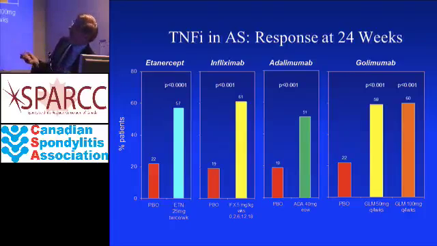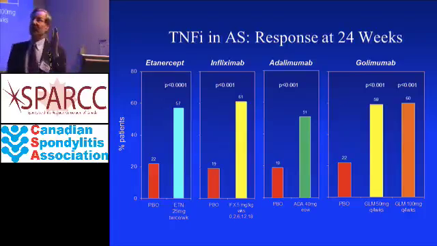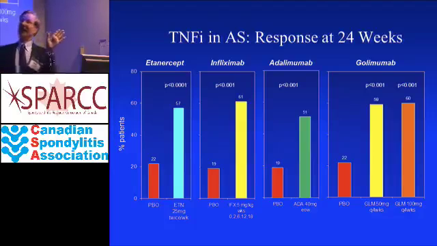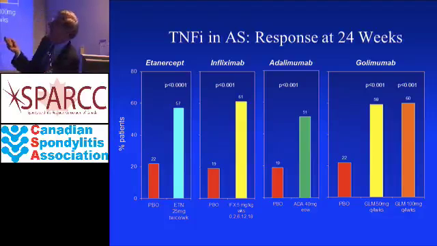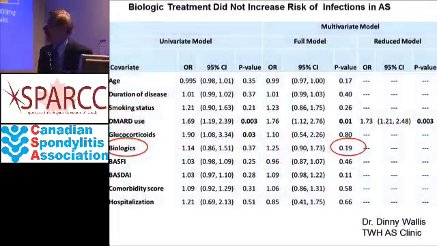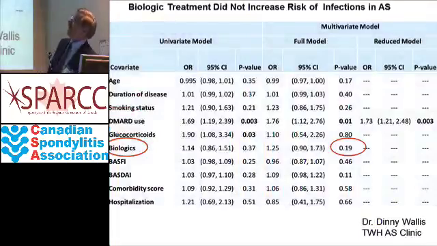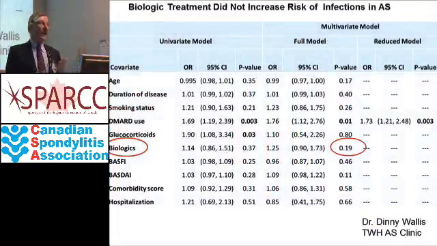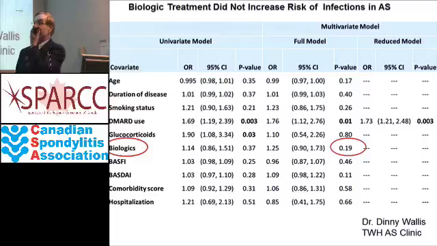The other point you'll notice is that this vertical axis is not 100%. So even though these drugs are far more effective than anything we had for spondylitis before, in none of these trials do 100% of patients respond. So that's important, right? There remains in each of these groups a group of patients who are not going to see the dramatic response we had hoped for. That's the effectiveness side, with data accumulating as we've gained more experience. Safety remains a big issue. Many of our patients are young, and they're looking at long-term treatment with biologic agents.